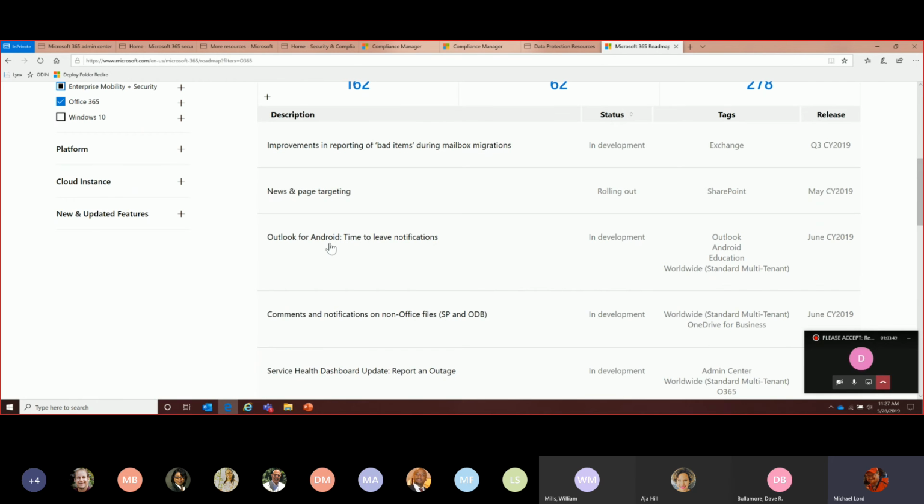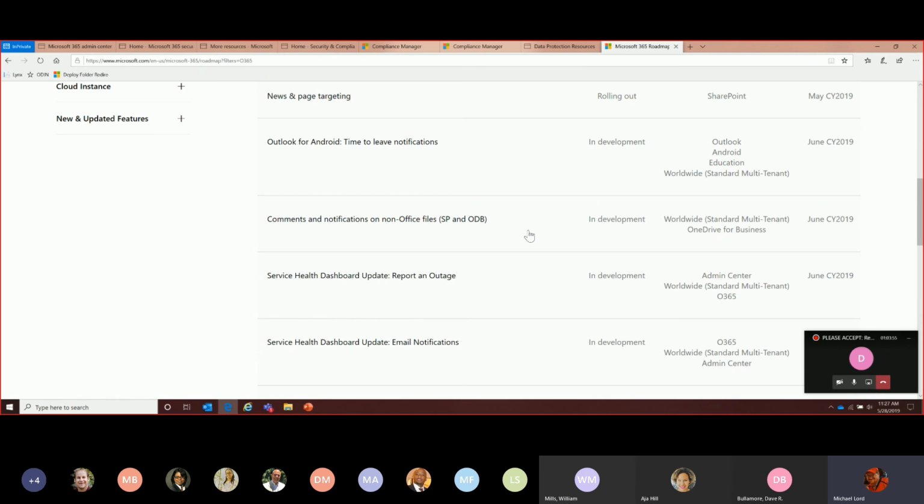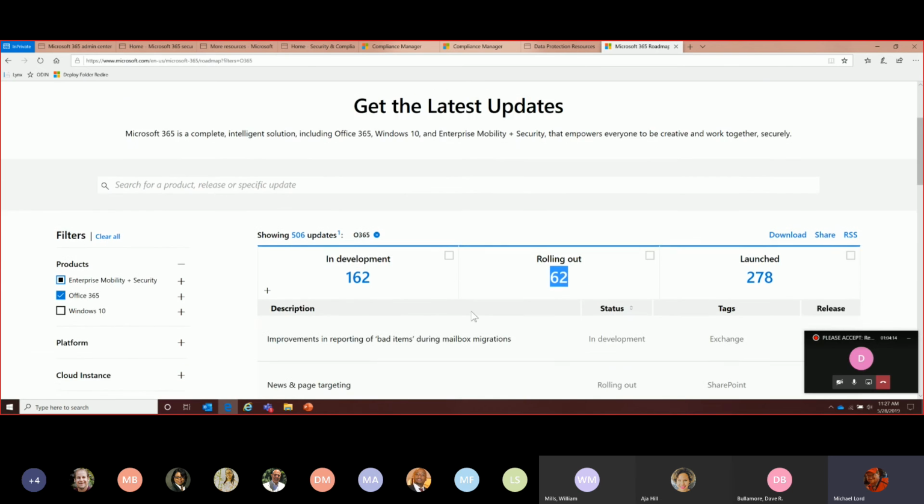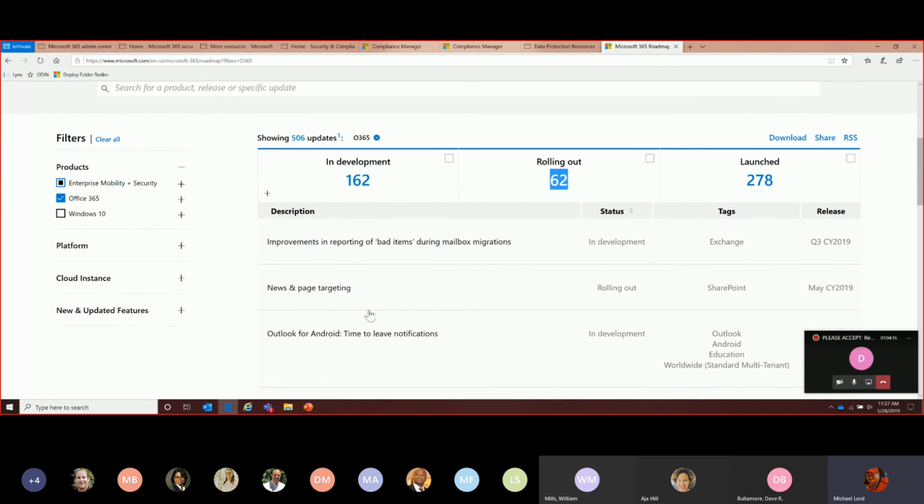You will see specific features that we talk about in the NDA level roadmap that come out, but generally speaking, we are pushing a good 162 changes plus 62 out by the end of the calendar year. It's rough math, but ultimately that's the target we're looking at, and that's the rate of change that you will see associated with Office 365 and our cloud products.